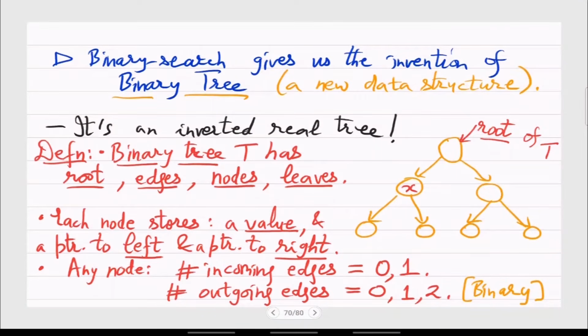This graph, so you have a pointer to the root, and then if you follow the other two pointers, you will go in either the left or the right subtrees, respectively. So we will use these terms. So say unique root, multiple edges, multiple internal nodes, leaves. Every node has incoming edges maximum 1 and outgoing edges maximum 2. So this is why it's called a binary tree.